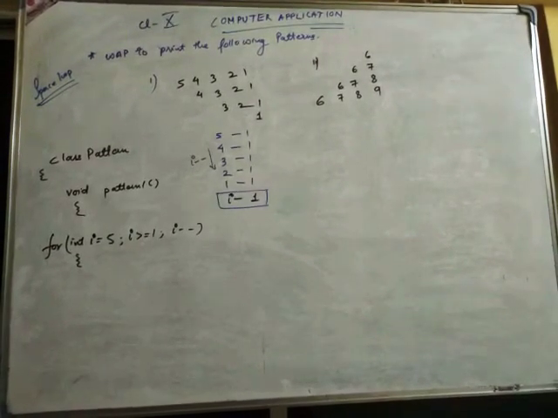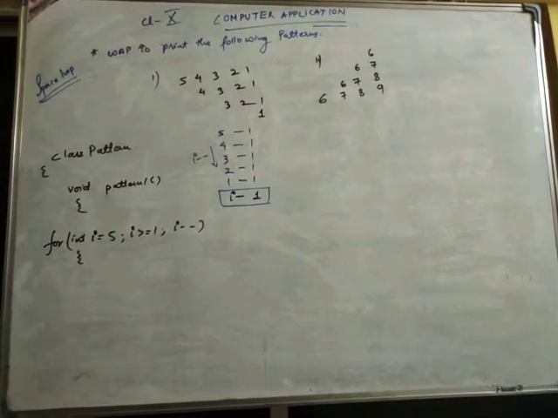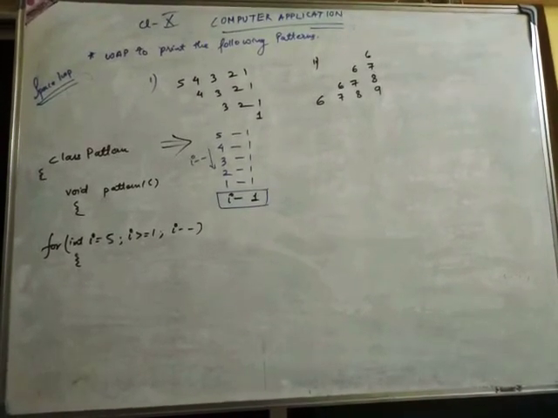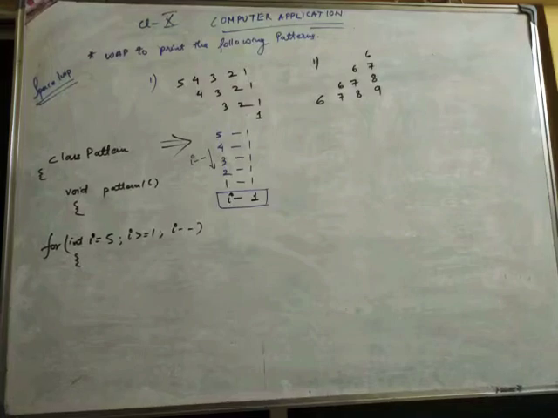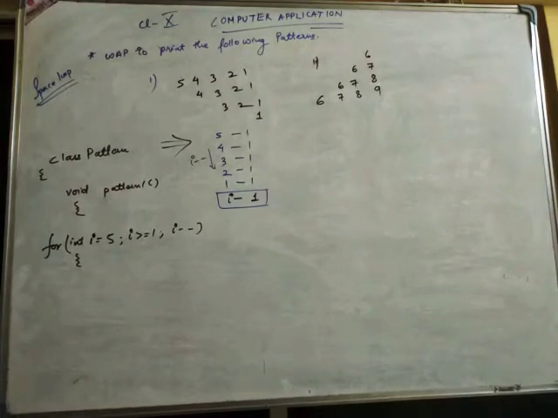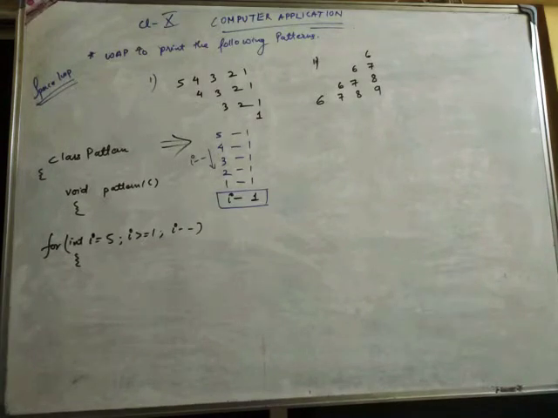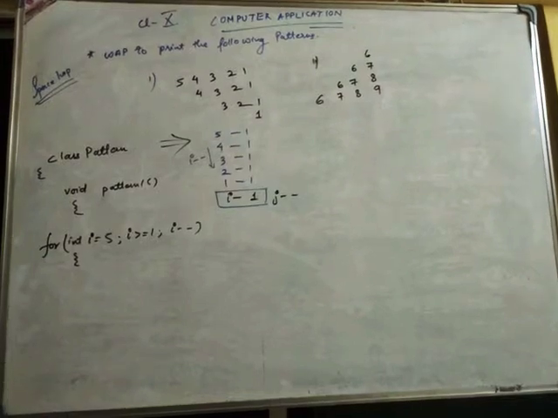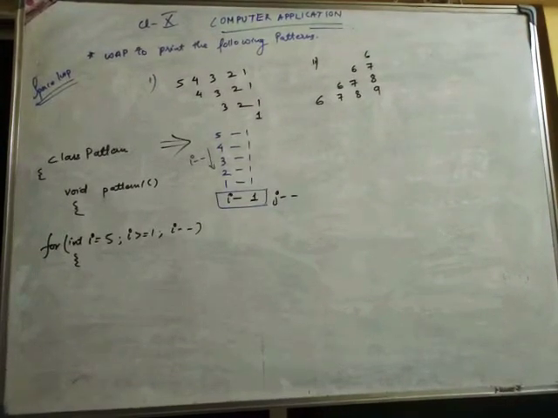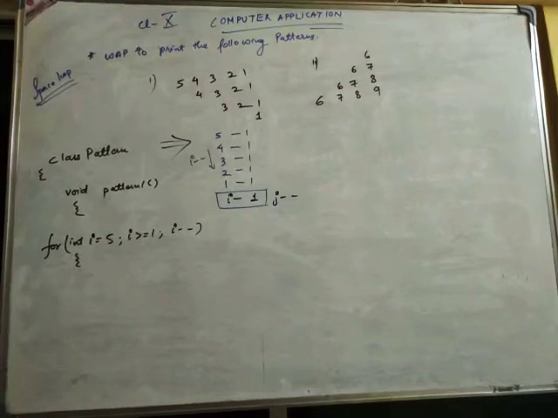How will you know? We have to go from left toward the right side. So what do we have to do? We have to do minus minus, because from 5 towards 1 I have to go. It means we have to go subtracting from 5, then only we reach 1. So we have to do J minus minus. Clear, all of you? So this is how we'll make the J loop. With this help we'll make the J loop later on. Now we'll first make the space loop.